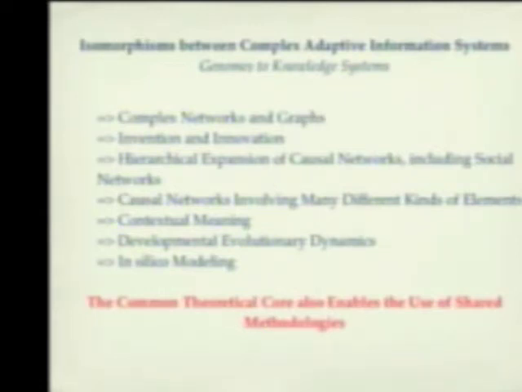We can expand those networks in a hierarchical fashion to include several types of causes, whether it's a network of concepts and ideas that basically then lives on a social, an institutional network of the way science gets done, and a network that, for instance, focuses on the exchange of materials and technologies. All of the ideas that humanities and social sciences have been emphasizing over the last decades can actually be reformulated along those lines as causal networks with many different kinds of elements.